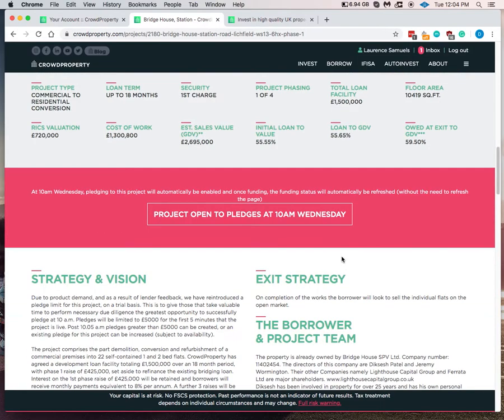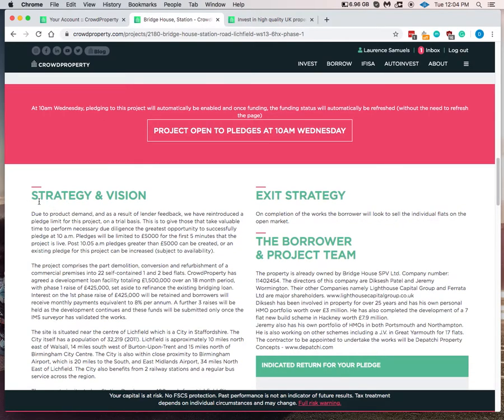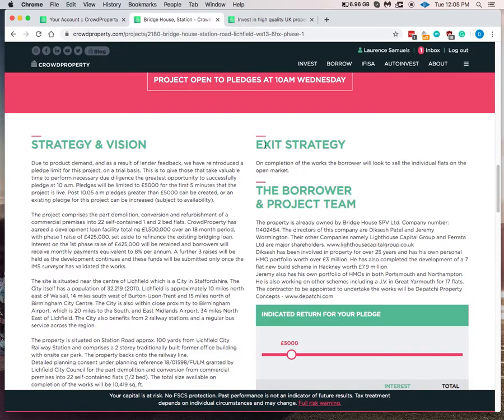So you do need to pay attention to those numbers, but it seems like Crowdproperty has a very good track record of getting these numbers to be pretty accurate, which is good. So we can go through here. You've got the strategy and vision of the development, what the exit strategy is, and then some information on the